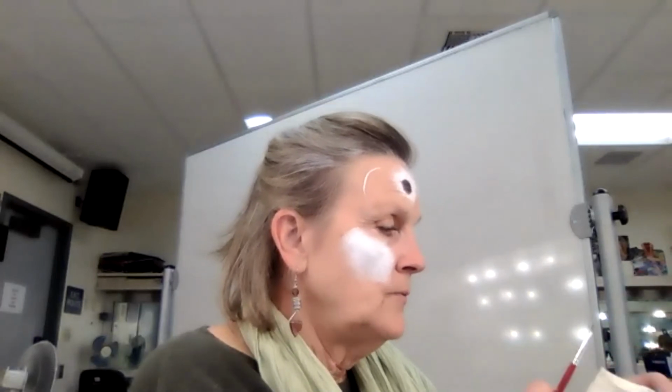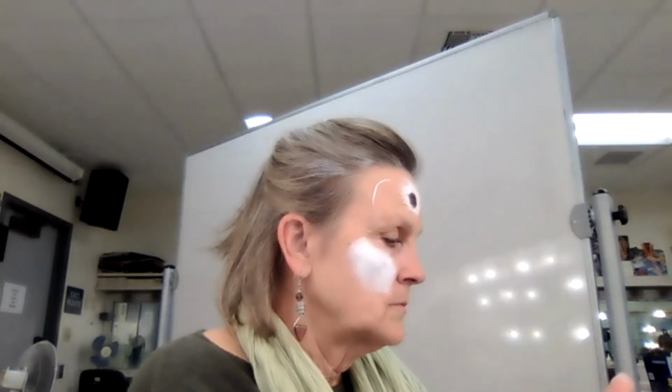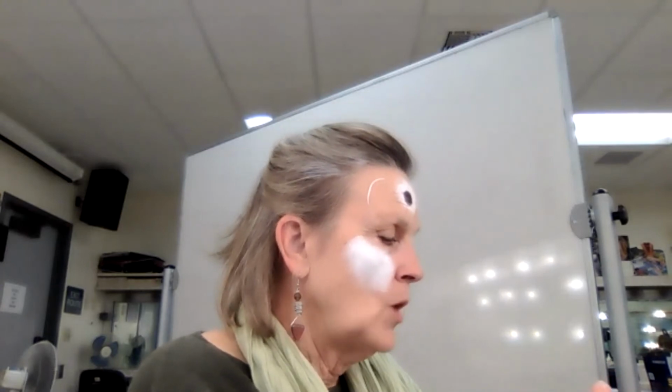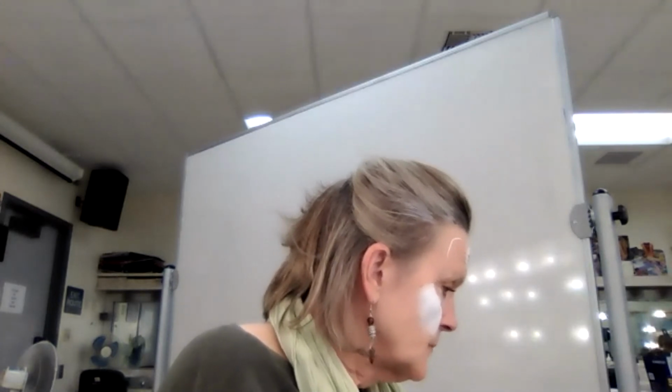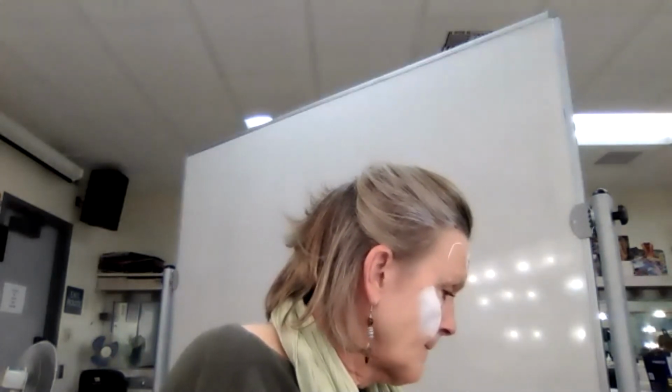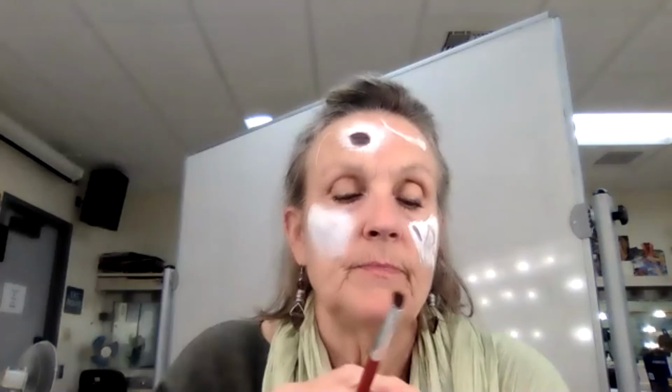And you guys have yellow in your quad, right? Get out your little quads because those are very handy. So I'm going to just accent this with yellow to create